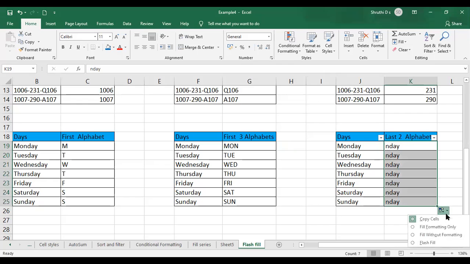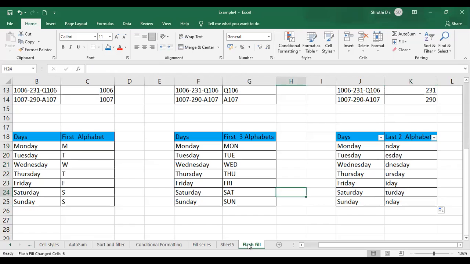So go to flash fill. Automatically the 4 characters are selected. See, from the start here I have selected from N, right? So it is going to select from, see here, DNEST. Here the first 3 it has selected. Leaving out 3, the remaining text has been selected. Any doubts up to this? Flash fill, if at all you have, please try all these options. If you have any doubts, let me know.